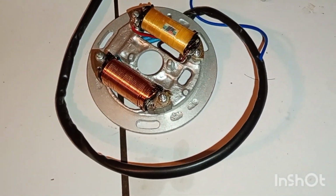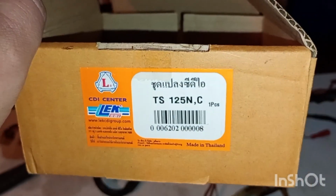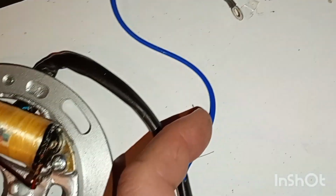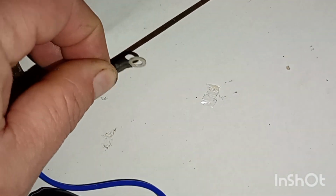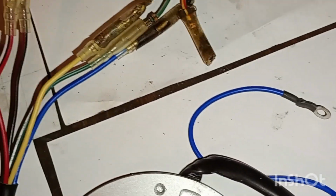So here I have the stator plate, which was inside this box, and there are some cables coming from the stator plate. So this one is to be connected to the neutral light switch, which is on the left side of the engine. And here we have a